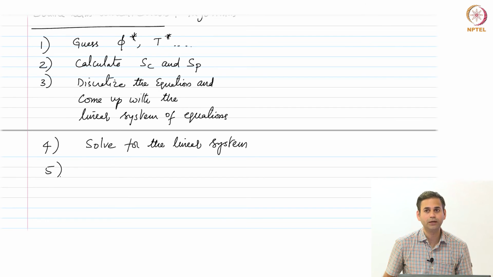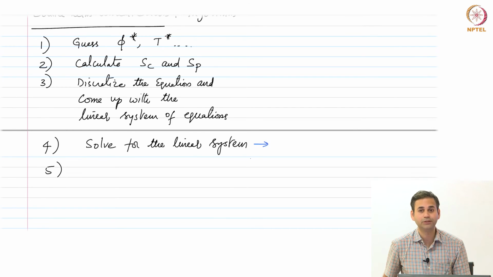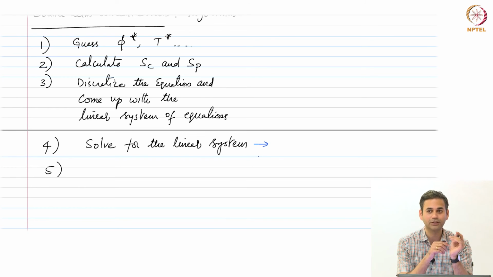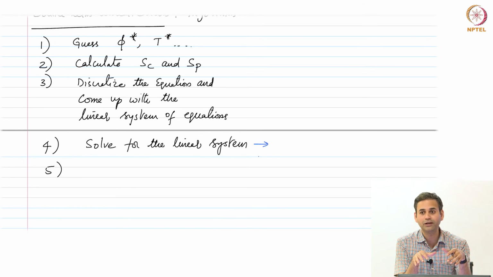Then once you have solved it, what do you have to do? We have to update the values of SC and SP. So this step 4 here is not convergence. Why is it not convergence? Because SC, SP are now modified. We were given some nonlinear equation, we have comfortably made them linear and then we solved something. So the solution we get out of step 4 is not the solution to the original problem we wanted.